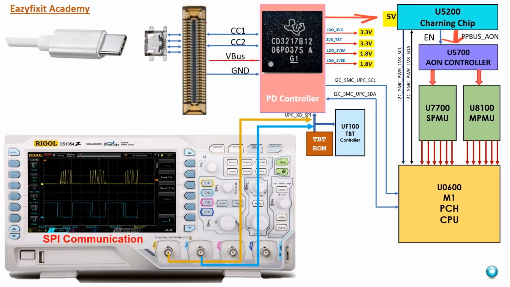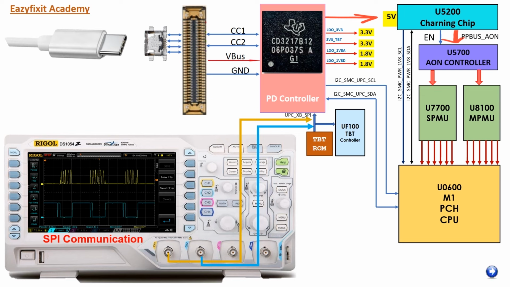After turning on, they generate buck powers, LDO powers and single-ended signals, and the necessary protocol communications happen through the M1 CPU, and after turning on, the M1 CPU communicates with the CD3217